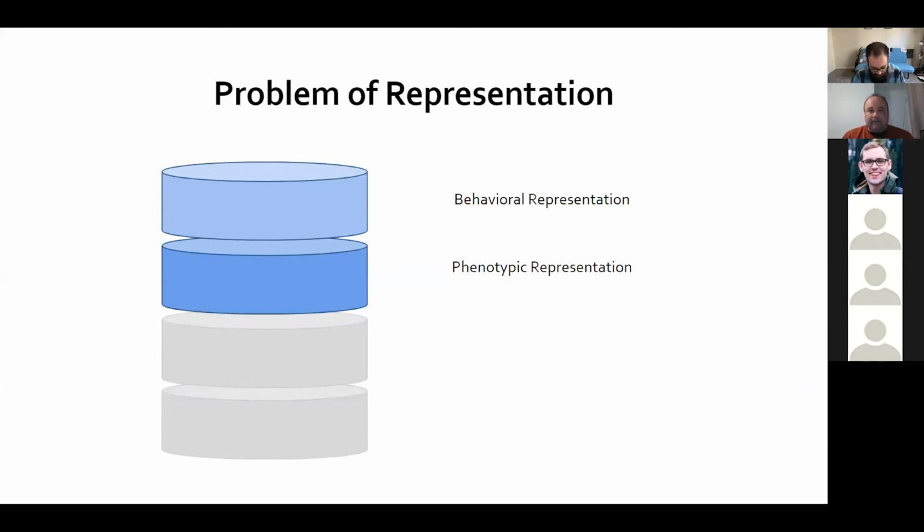And our modeling mainly focuses on two things: behavior and phenotype. It's not that we don't care about the molecular data, it's that we've excluded it from our models, and we may add them later. But to think about this representation problem modularly like this, I think is quite effective.